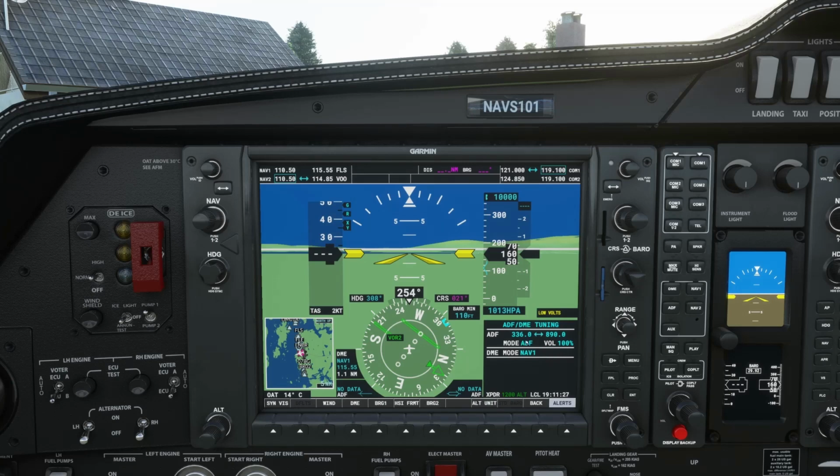And you've got DME mode nav1 there. To get nav2, all you do is click on the top of the FMS button, which highlights the field, and you scroll across using the outer FMS dial, and then back to the inner one. You turn that, and then you've got nav2 there, and that's all that displays. There's nothing else really on that one.